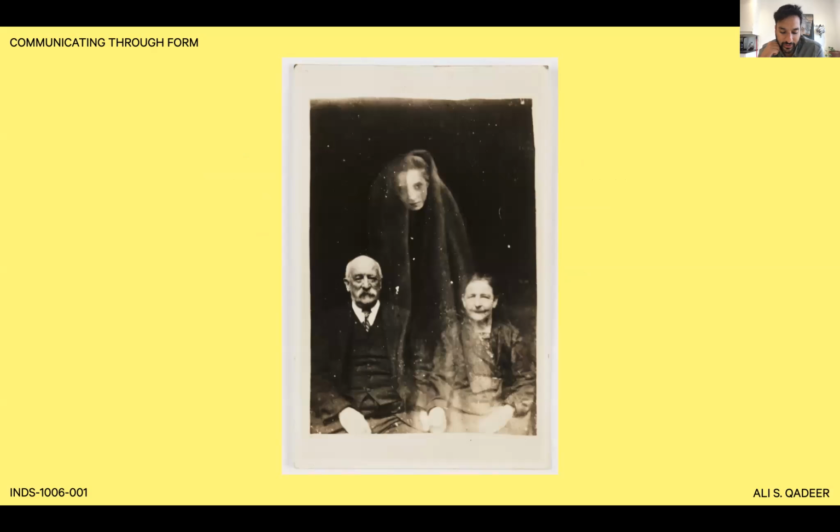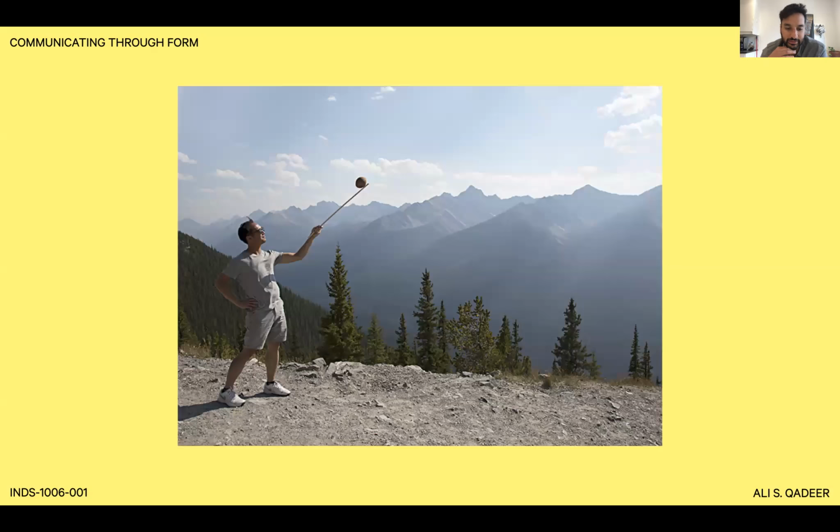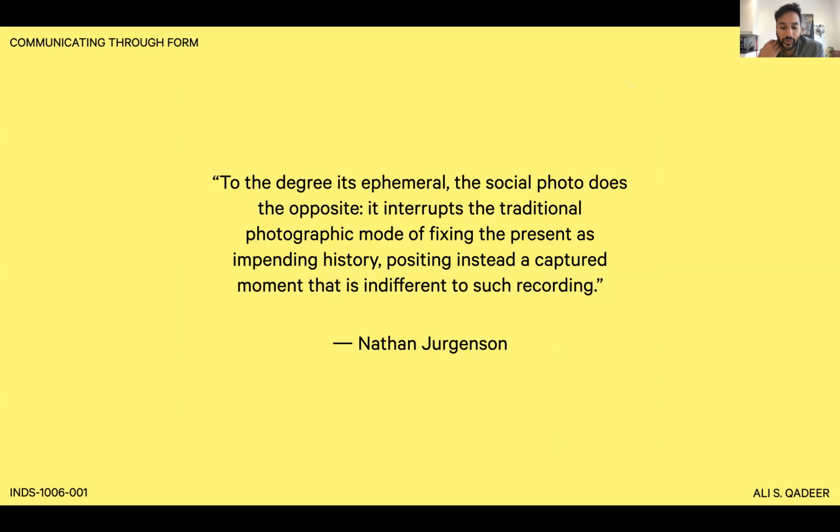Is photography faithful? Since the advent of photography, people have taken liberties and altered images at will. This is an example of spirit photography of the 19th century. Photographers would use analog means to Photoshop in ghosts and apparitions of loved ones who had died. Photography has evolved and its social function has evolved too. We're now in the era of what Nathan Jurgenson calls the social photo. The way meaning is carried through image has changed drastically in recent years.